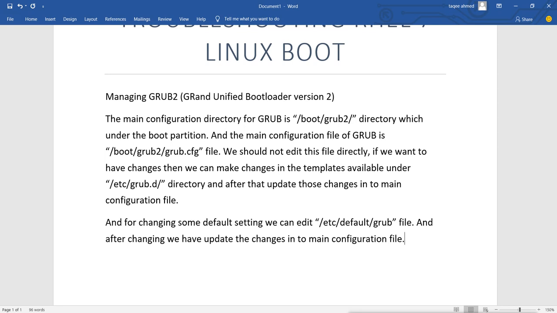I'm not going to change any script there. I'm going to change some default settings. I will change this default configuration file.